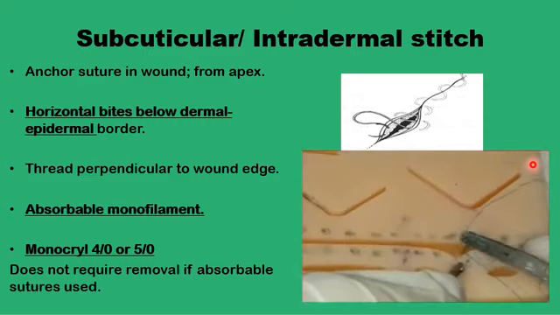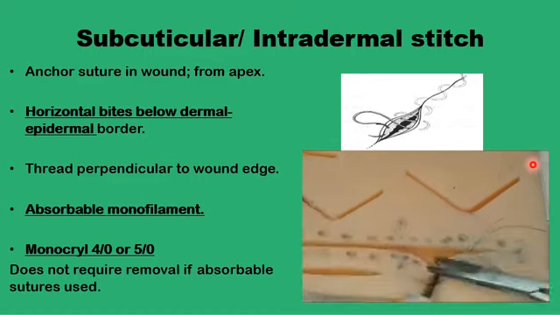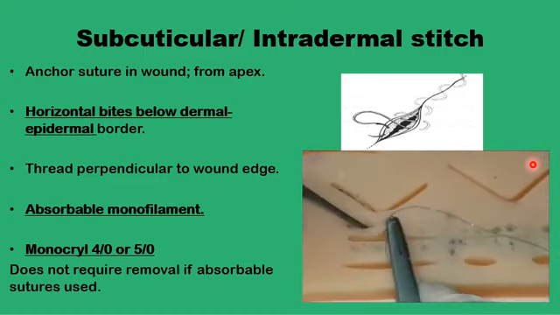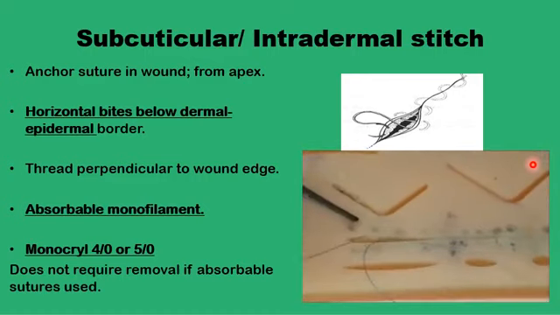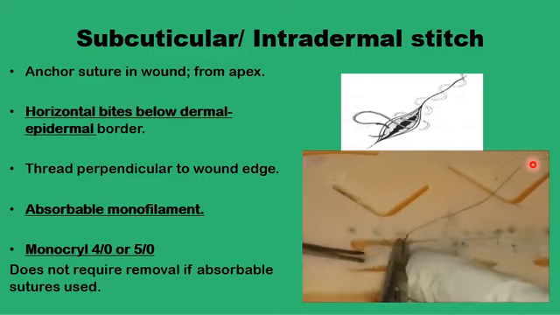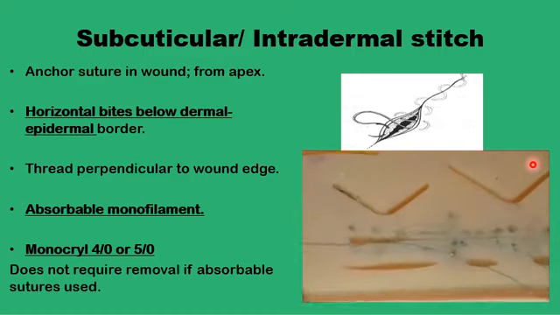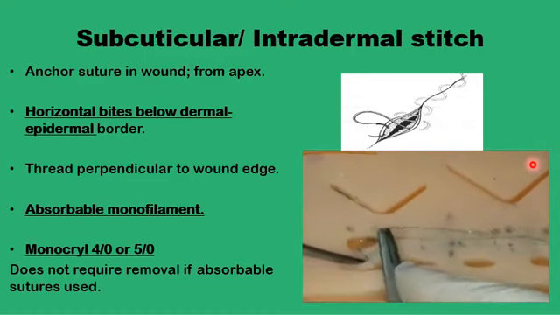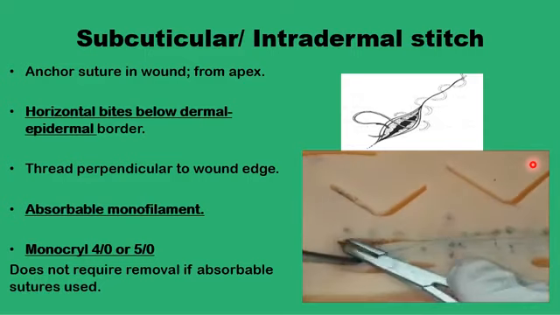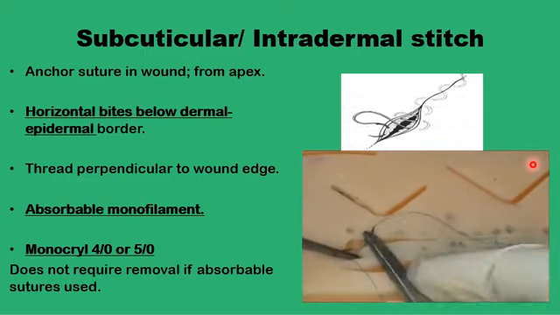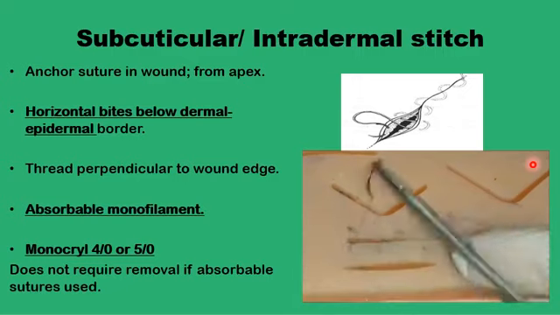And then the repetitive units of horizontal bites at the junction of the dermis with the epidermis. All the bites would be horizontal, crossing the wound at almost 90 degrees until the very end of the suture line,